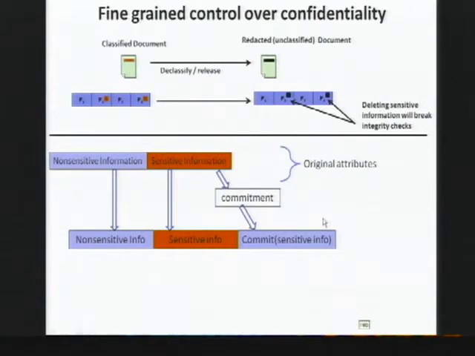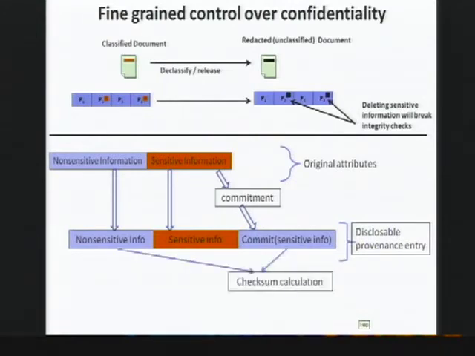As long as it stays inside your organization, it's fine, you keep everything. But also, when we are computing the signature, computing the checksum, we use the non-sensitive portions, and instead of the sensitive portions, we use the commitment. So now we have made it disclosable.